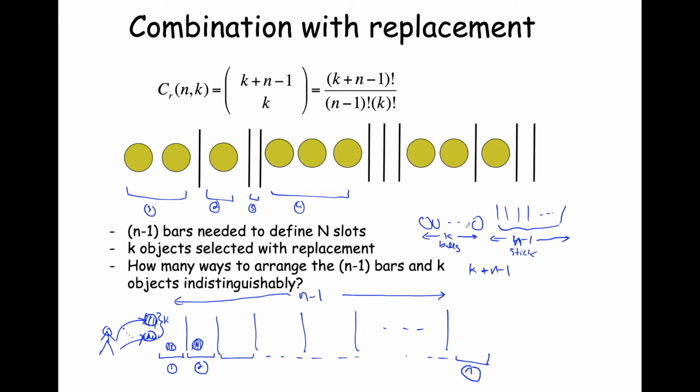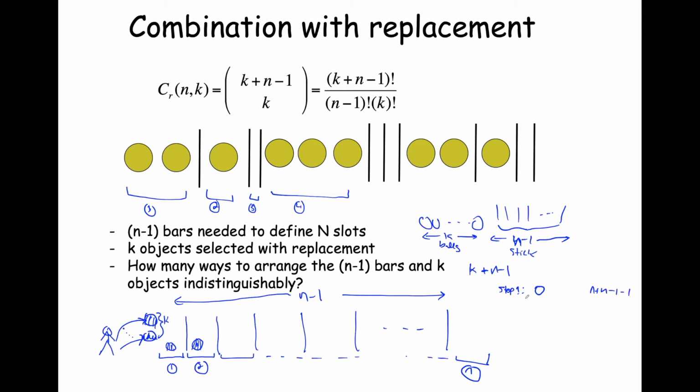So if we look at a particular way of arranging these, well, that's just a permutation. And every time we arrange them, we reduce the size of this k plus n minus 1 items. So let's say we wanted to build this particular arrangement that we see. Well, the first thing we do, we select a ball. If we select a ball at step 1, we put that ball down, and at that point, we have k plus n minus 1 minus 1,